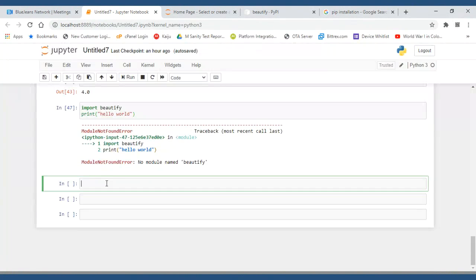If you are giving some input, like a is equal to raw underscore input, then you have to give enter the value of a. It is like scanf in our C program. Scanf, you know, right?